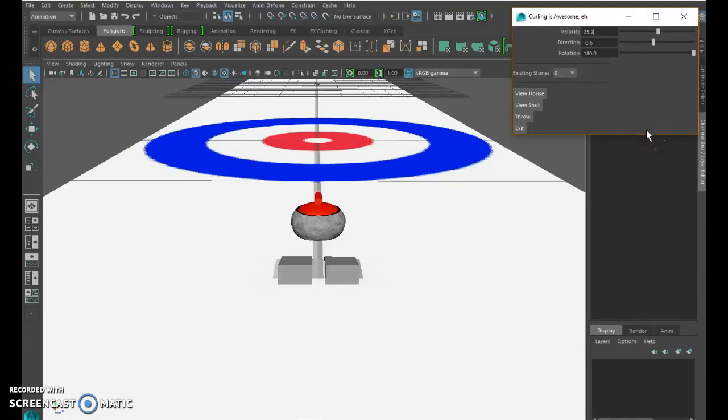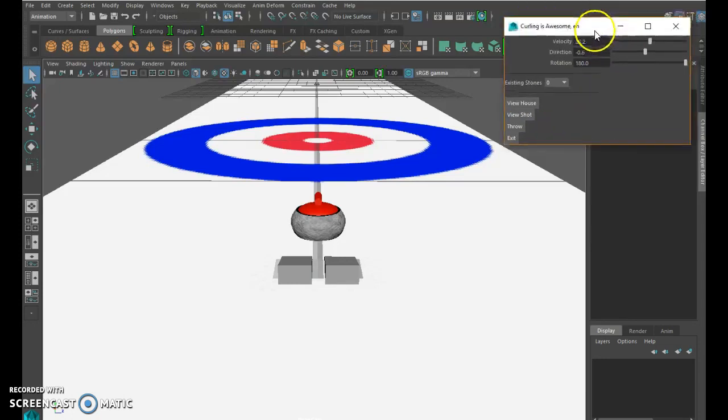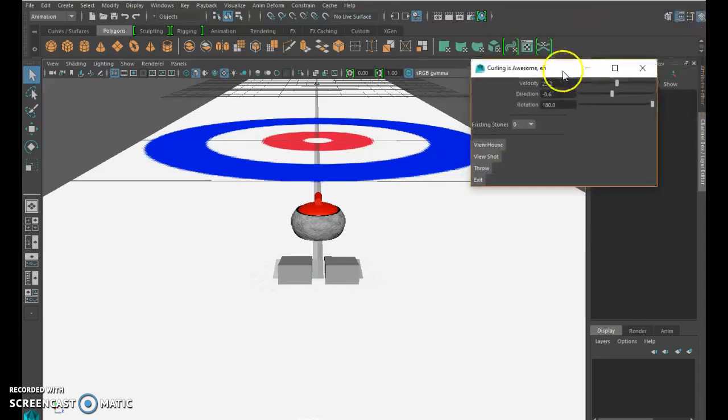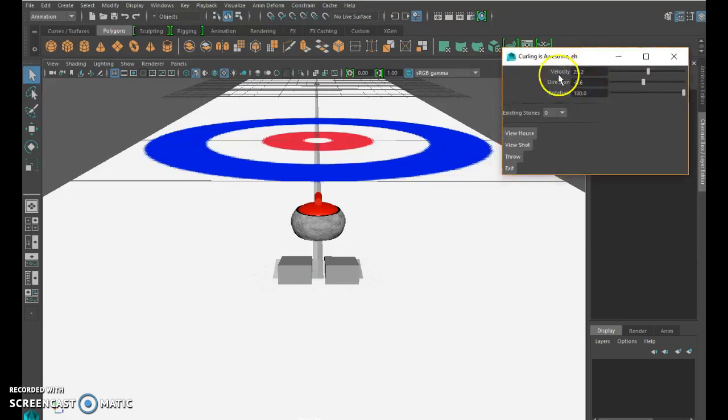I'm here showing off my visual effects project 3, the scripting project. What I have here is a wonderful game of curling, the national sport of Canada, our great white neighbors to the north. As you see here, we have this nice GUI window where we can set the parameters of